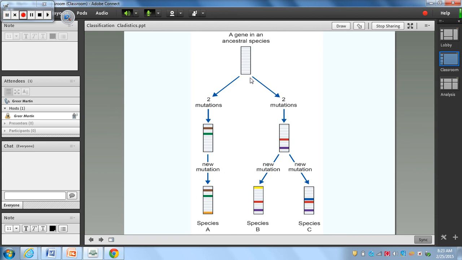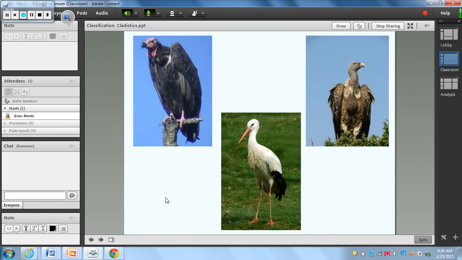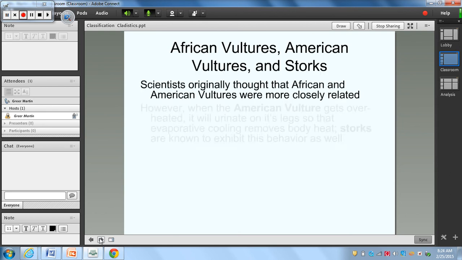So hopefully you know by now that there is variation among a population. Sometimes it's caused by a mutation, and over time, if that mutation gives an advantage for an organism to survive, then eventually you can create a new species. So for example, we have 3 birds here, and if I just showed you the picture, which bird do you think is more closely related to the other? Hopefully you would say the 2 vulture-looking birds are closer related, but actually scientists have analyzed their DNA, and what they found out is